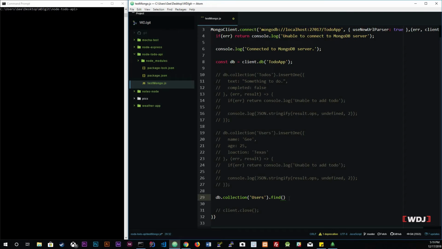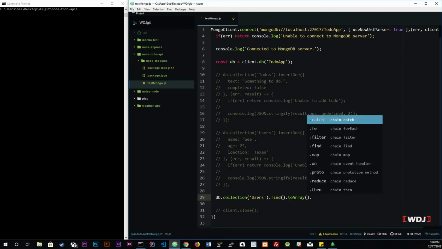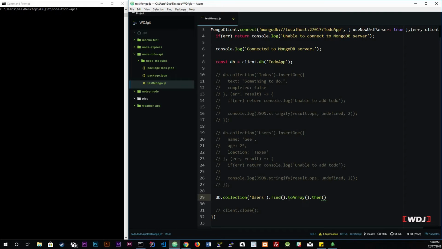We want to tell it how to give us the information. So we're gonna do .find because we want to find one, right? And then after that, we're gonna put .toArray. This will give us an array that will come back to us. And then we're gonna put the .then, the promise. When the promise finishes, we're gonna .then